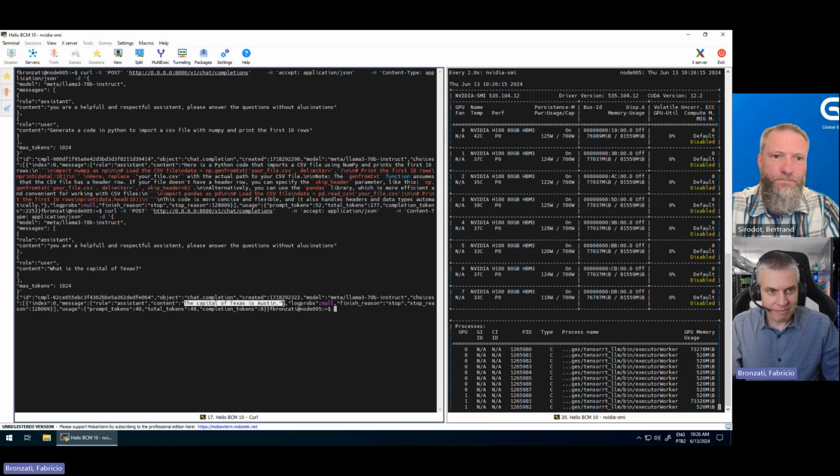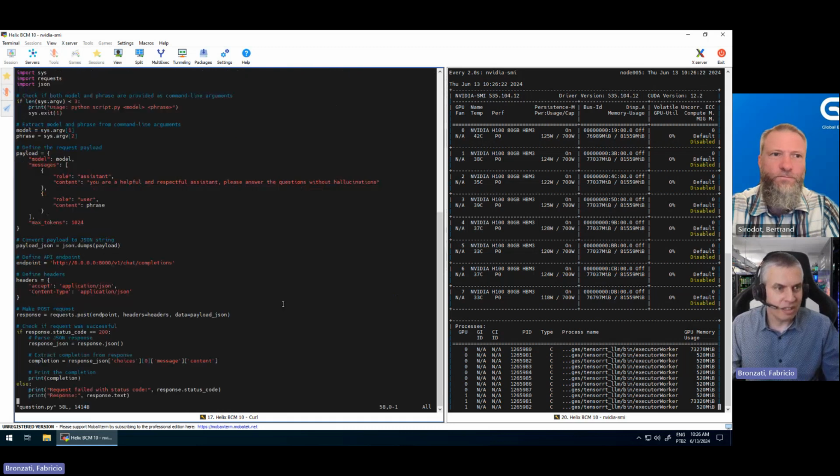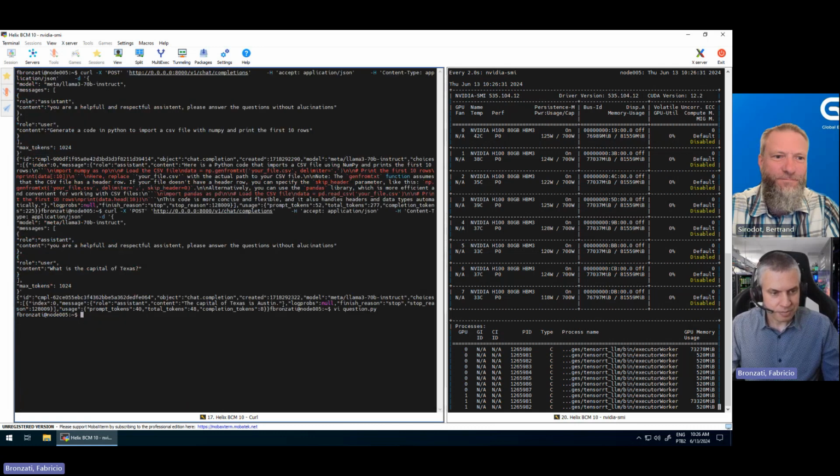To make the visualization better, I created a very simple code here that uses the same API but translates the answer in an easier way to see. This is the same question that we had previously.